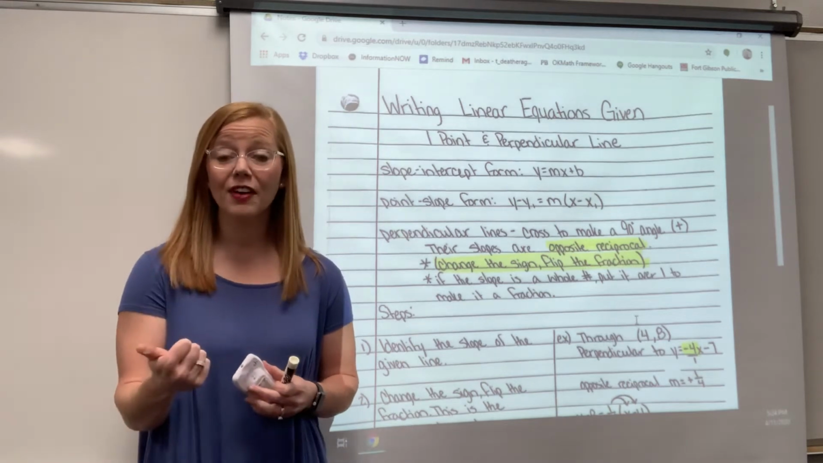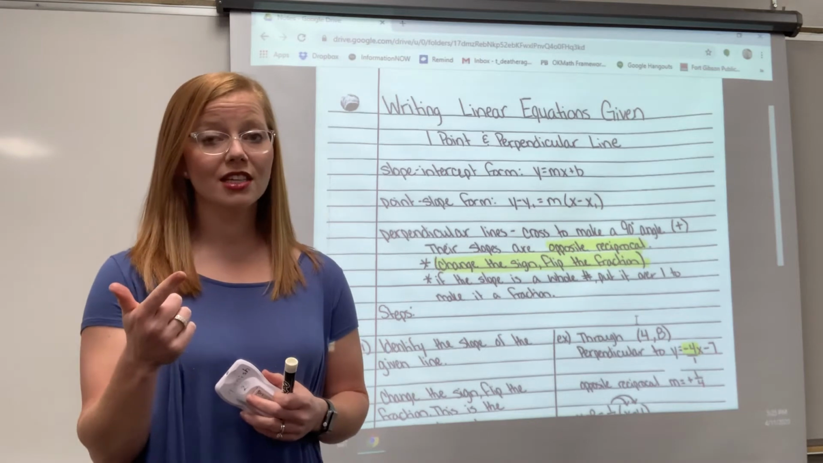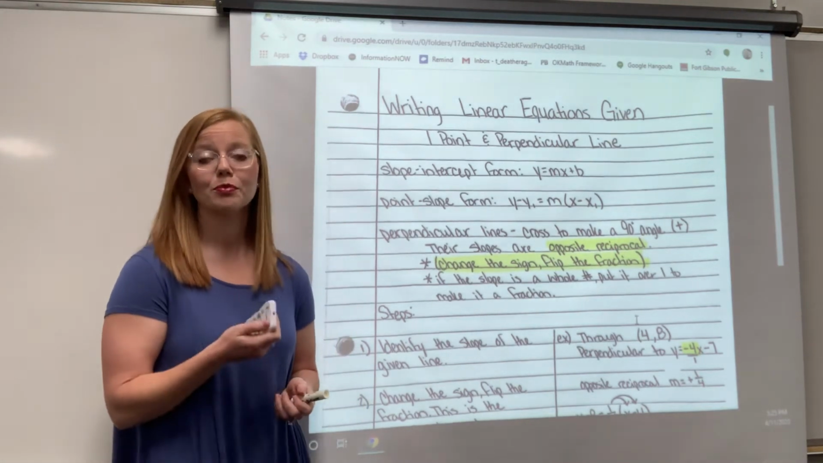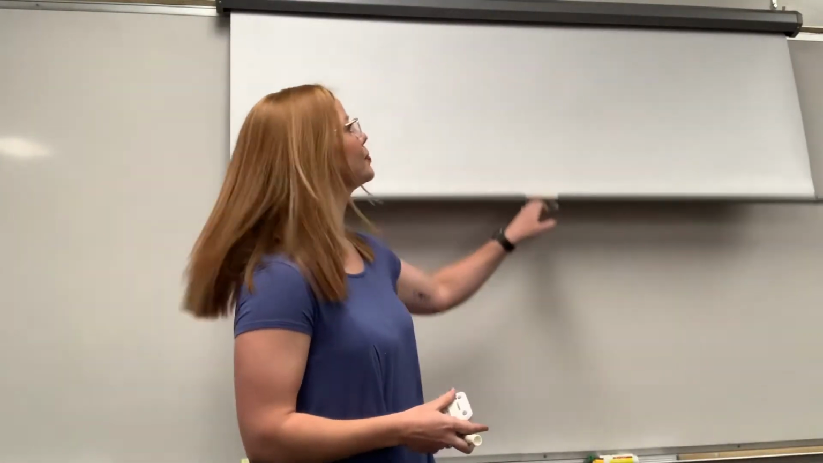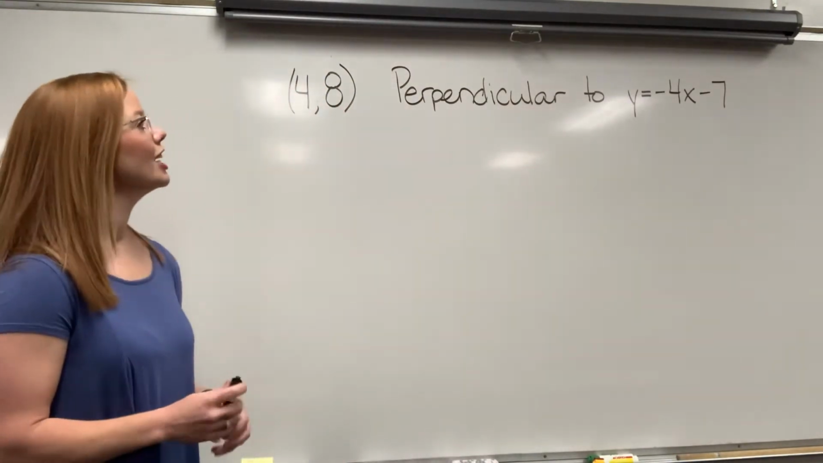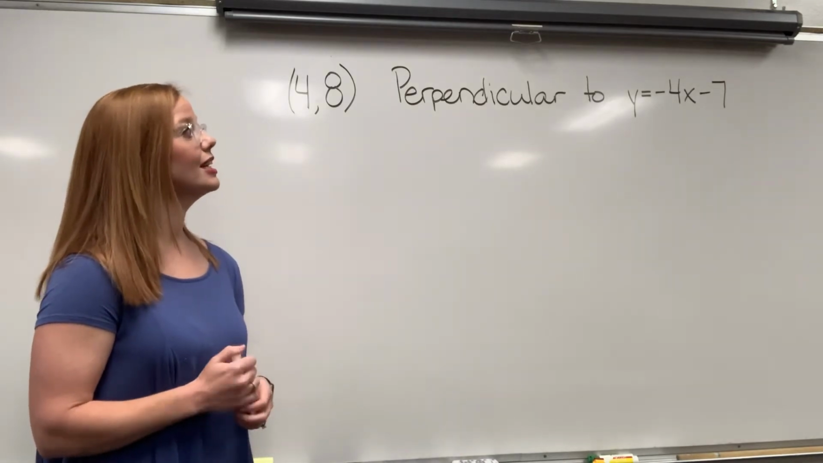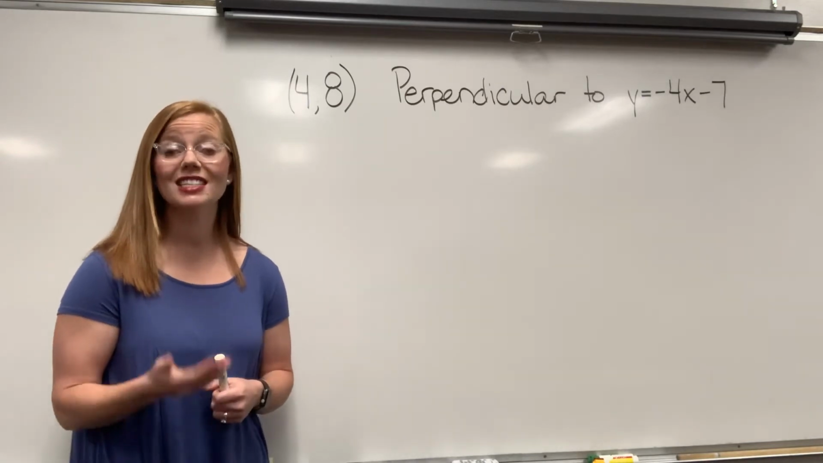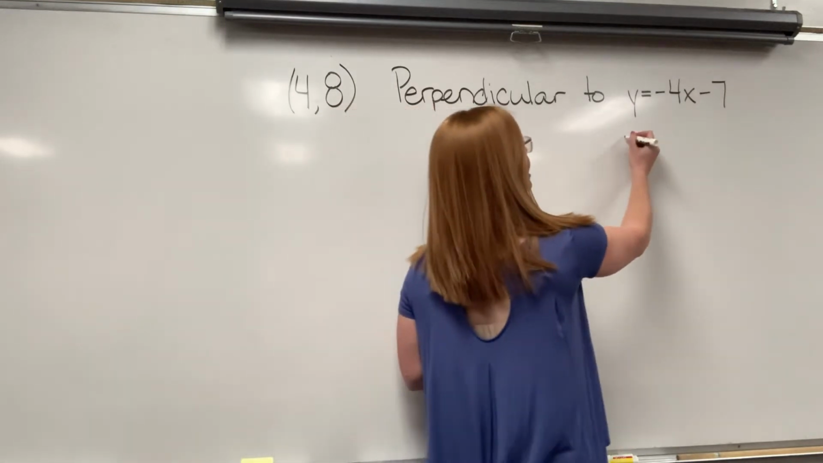We're still going to identify the slope from the line that they give us. We're going to change the sign, flip the fraction, and then we're going to plug our slope and our point into our point slope form. Okay? So let's take a look at some examples of that. If I'm given the point (4, 8), and I want it to be perpendicular to y equals negative 4x minus 7, first thing I need to do is identify the slope in the line that they gave me. So the slope that they gave me